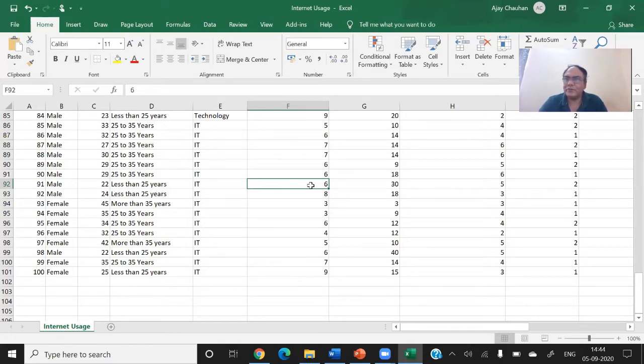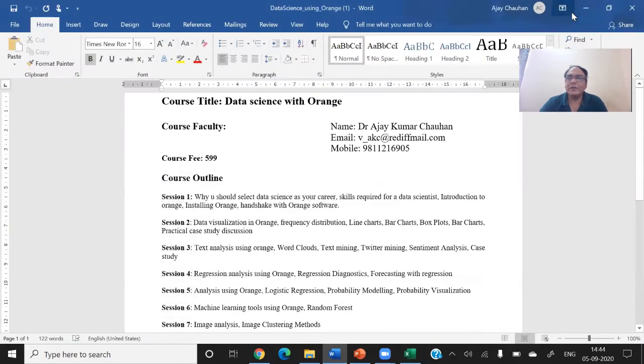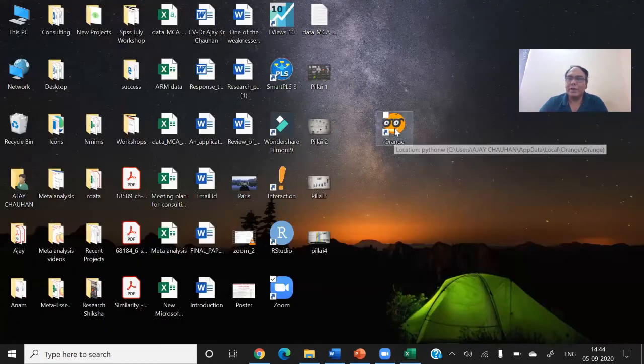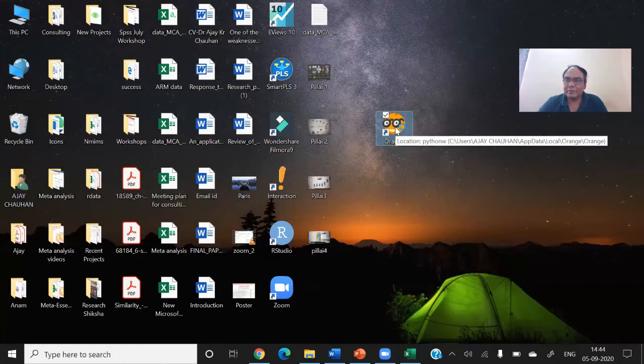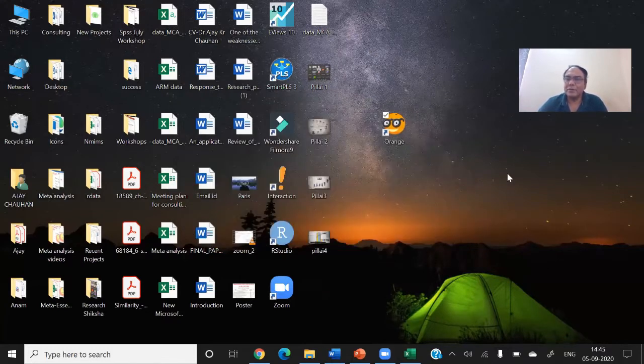I hope you now understand what a comma separated file is, and this is the basic type of file that every data scientist is using. Okay, now I'm showing you how to use that icon. So let me open the Orange and show you how to use this icon. This is the Orange icon. I hope everybody downloaded this software. This is a wonderful software, and after this course, you will be very comfortable in using this software, and you can add value to the reports. You can add value to the different files. You can make different charts.